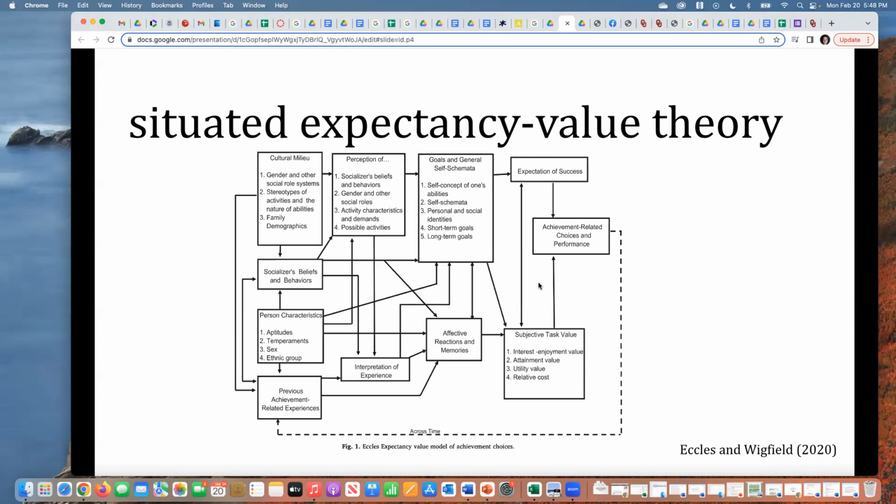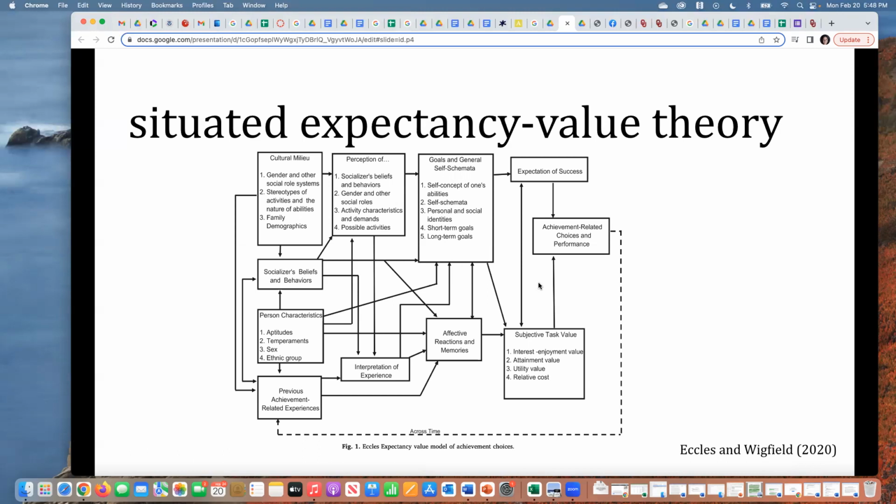So here is a visual depiction of the theoretical model. I was actually just saying to somebody earlier today that I've been really lucky to have an opportunity to collaborate with some colleagues in physics education. I showed them this model and they immediately nicknamed it the game board model because of just how complex and confusing it is, like a complicated board game.